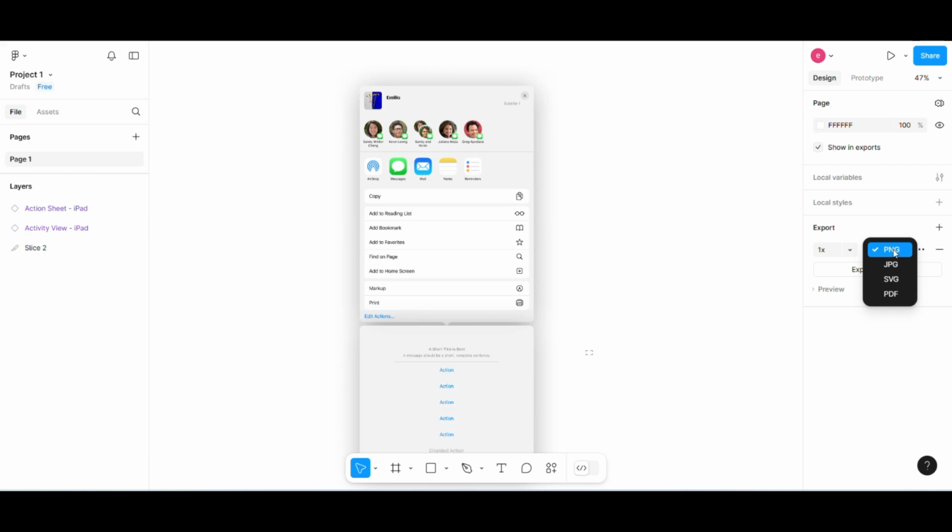Preparing designs for export. Before you export your designs, it's essential to ensure they are organized and optimized. Clean up your design files by naming layers and grouping related elements. This organization not only makes it easier to find and export assets but also helps other team members understand the design structure. Determine which elements need to be